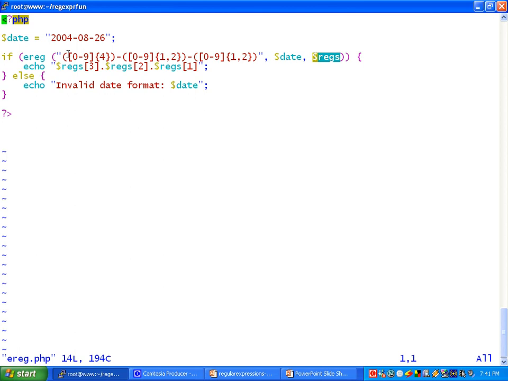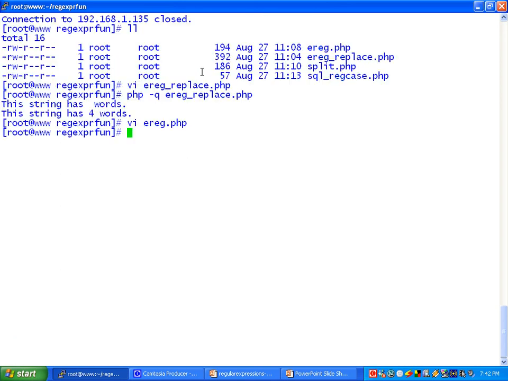First of all, I want to replace the hyphens with dots, and at the same time I want to have the day, month, year values. These are captured in $regs, so they can be printed in the required form by giving the indexes that contain the day, month, and year. We can have the output of this function as follows, which is the required format.